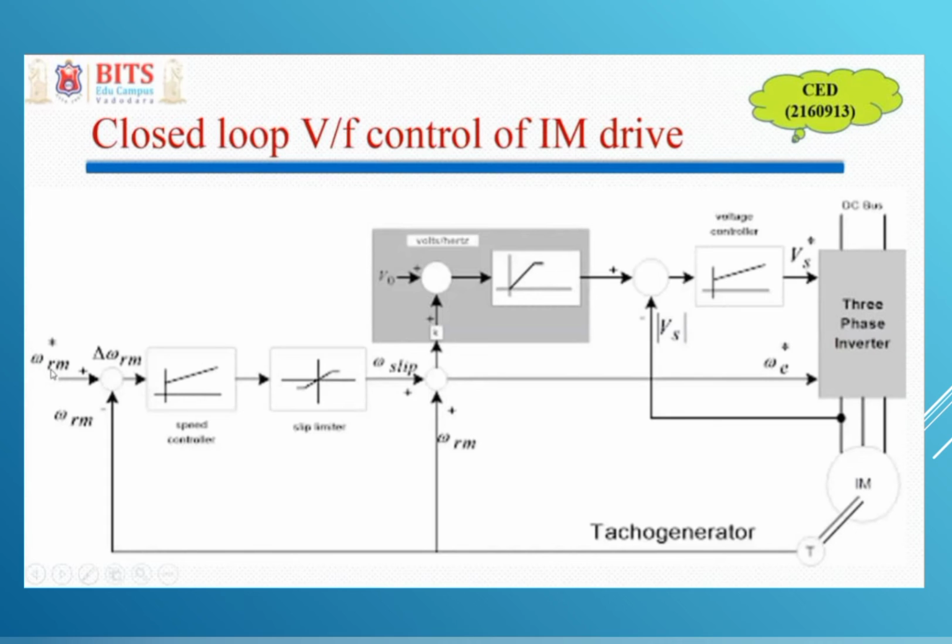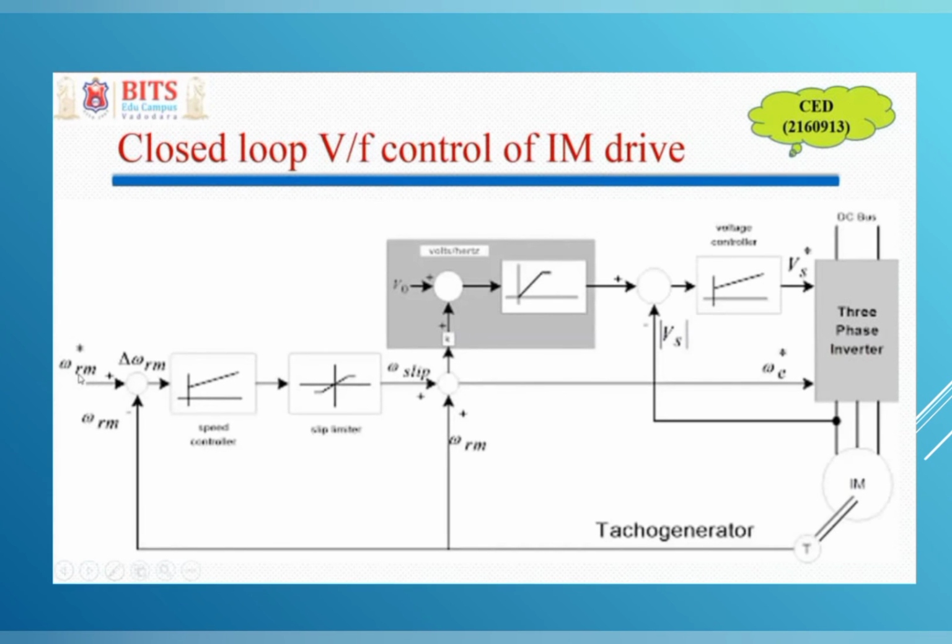In an induction motor, torque is proportional to slip speed. That's why the output of the PI speed controller in an induction motor is considered as slip frequency. Next, this slip frequency has to be regulated using a slip regulator that will restrict the operation below the breakdown frequency at which maximum torque is developed in the induction motor. Now the slip frequency is added to the rotor speed frequency Fn, which we can get by multiplying rotor speed with P by 120. So we will get the desired frequency F star.